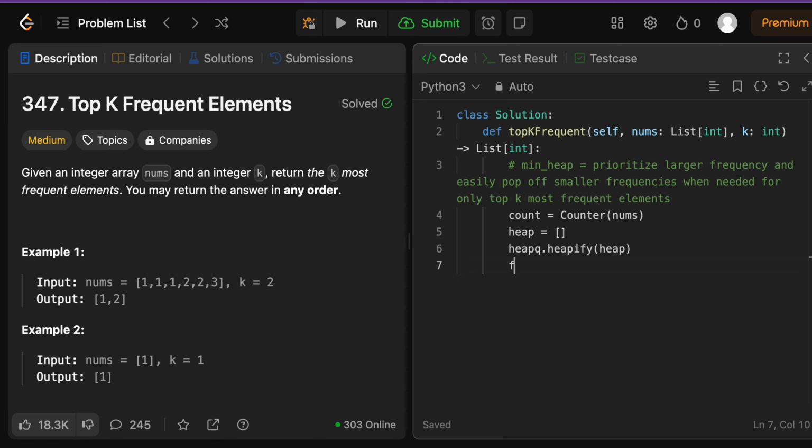And the way we can handle that is for every number mapped to its frequency in count.items, which really just goes through the key-value pairs in the count array. If the length of our heap, meaning the number of frequencies that we have stored so far, is less than k, great. We want to have at least k frequent elements. If you have less than k, we just want to keep adding, and so we're going to go heapq.heappush